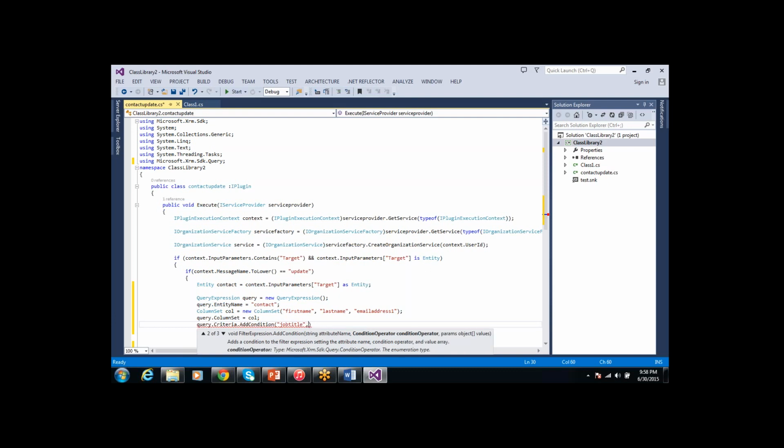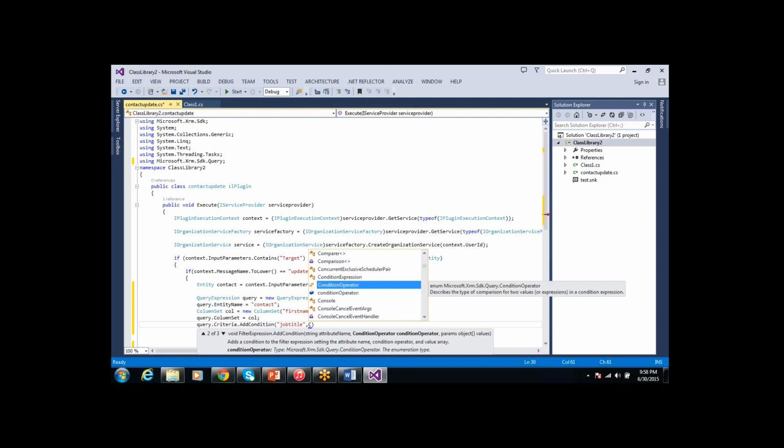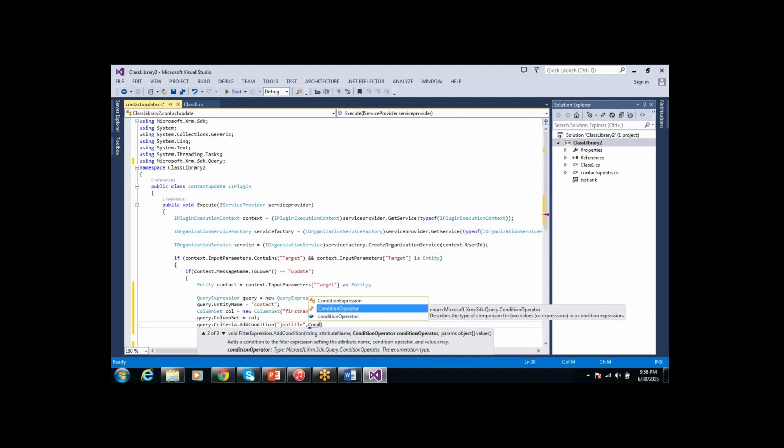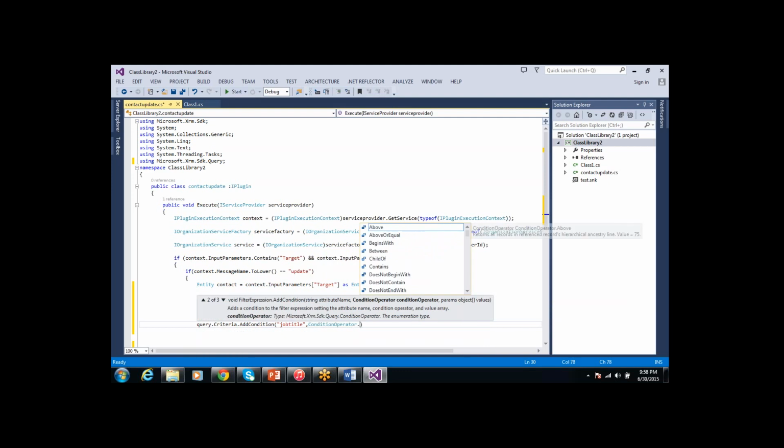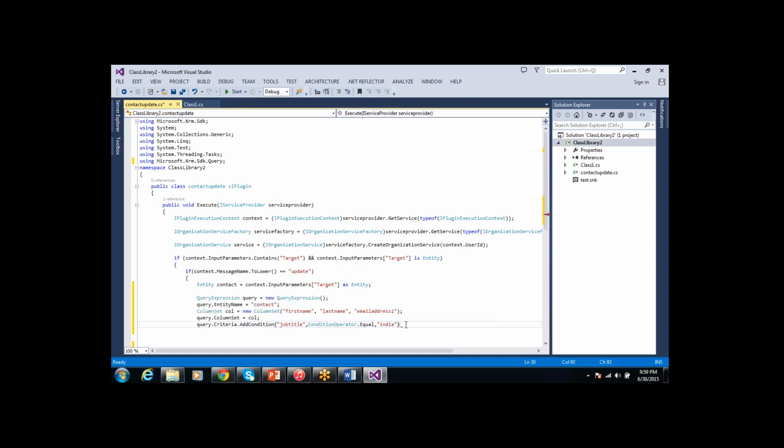So next one is the condition operator. We should put the ConditionOperator dot, here it gives Equal and all the conditions, like EqualUserId or Equal to something. Now I have to pass the condition value. I'm giving the job title as India.